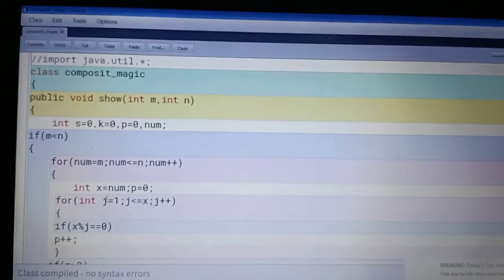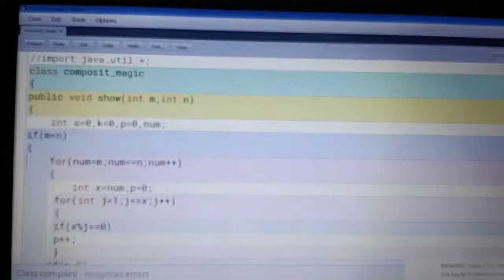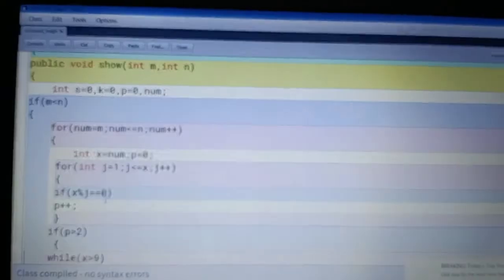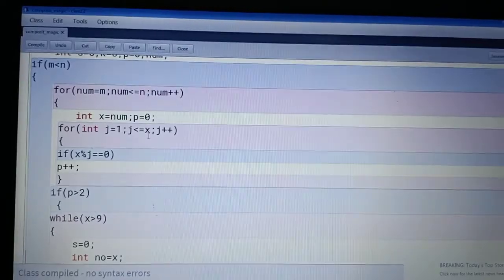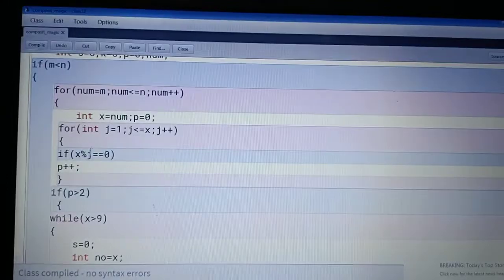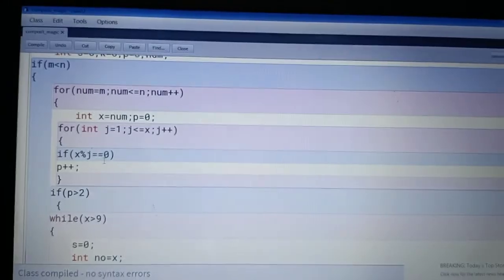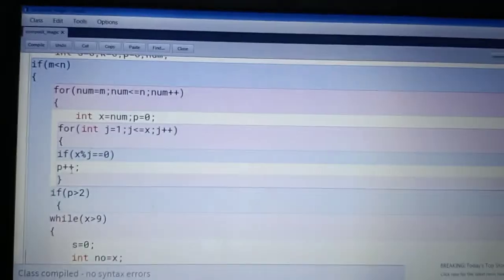After this we write the logic of the composite number. We start a loop from 1 to x, and we check if our number is divisible by j, meaning we find the factors of x, and here we increase the p value by 1.